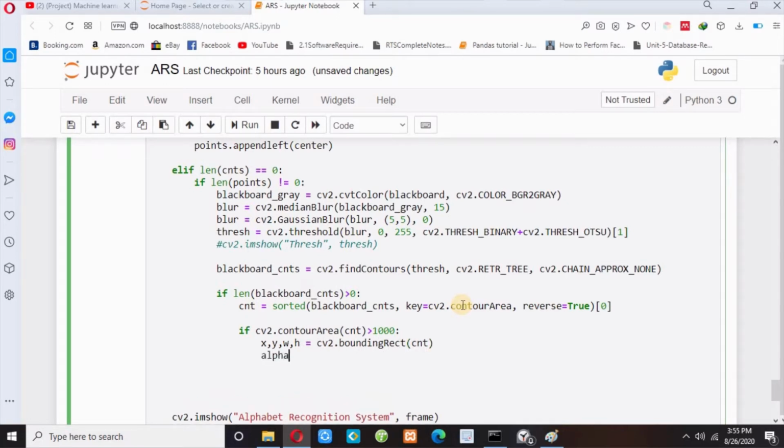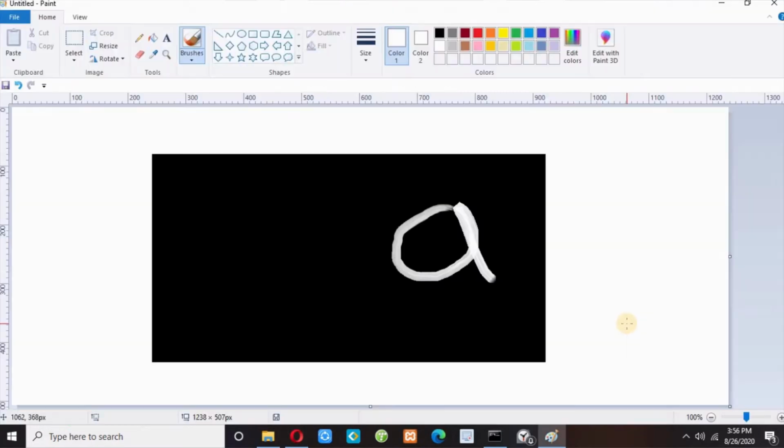Now I can get the alphabet. So alphabet equals, in blackboard_gray, I have to pass y to y plus h and x to x plus w, and I also need to add 10 here. I need to subtract 10 from y and add 10, and in the same way x minus 10, x plus w plus 10. So what is this? Suppose this is our blackboard and this is our alphabet.